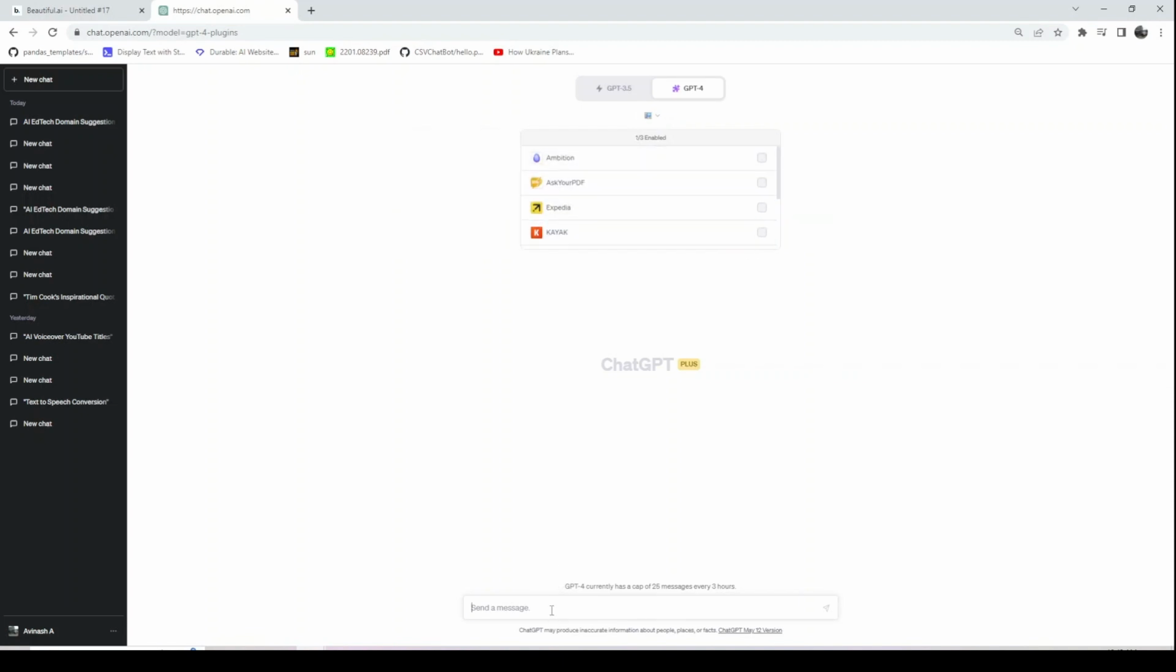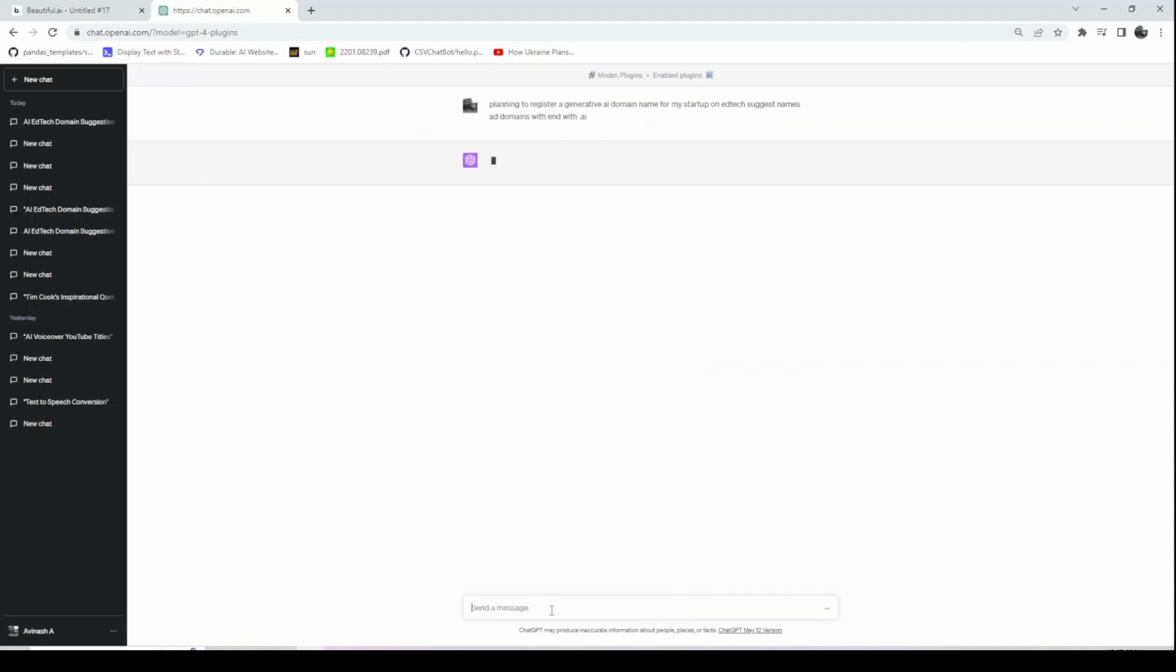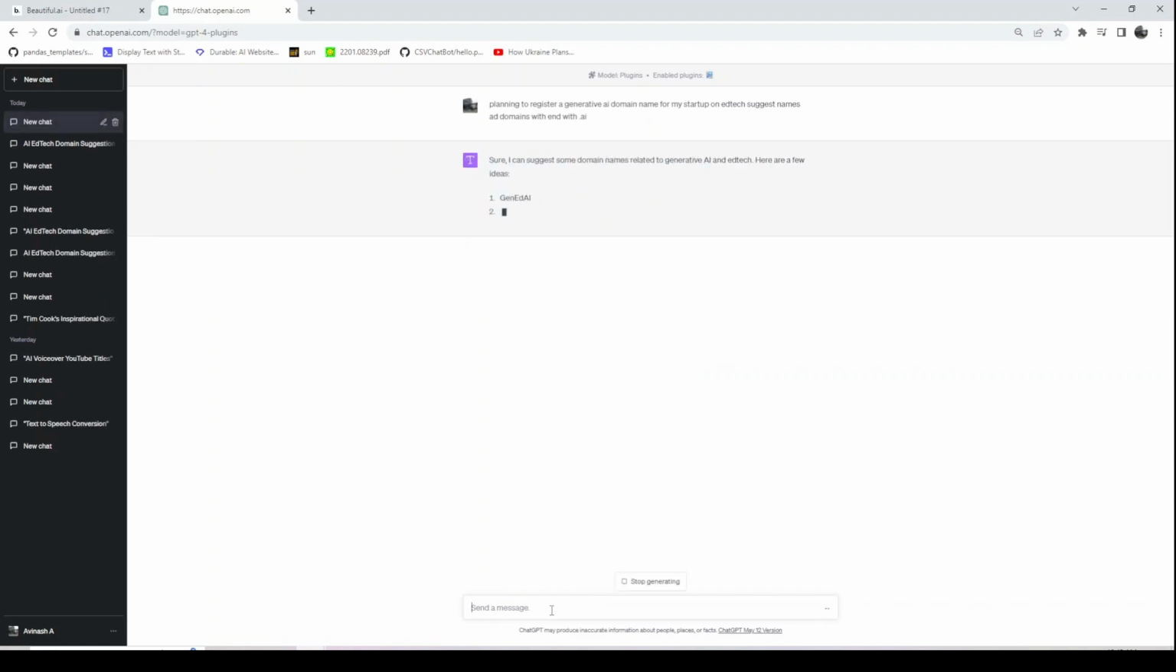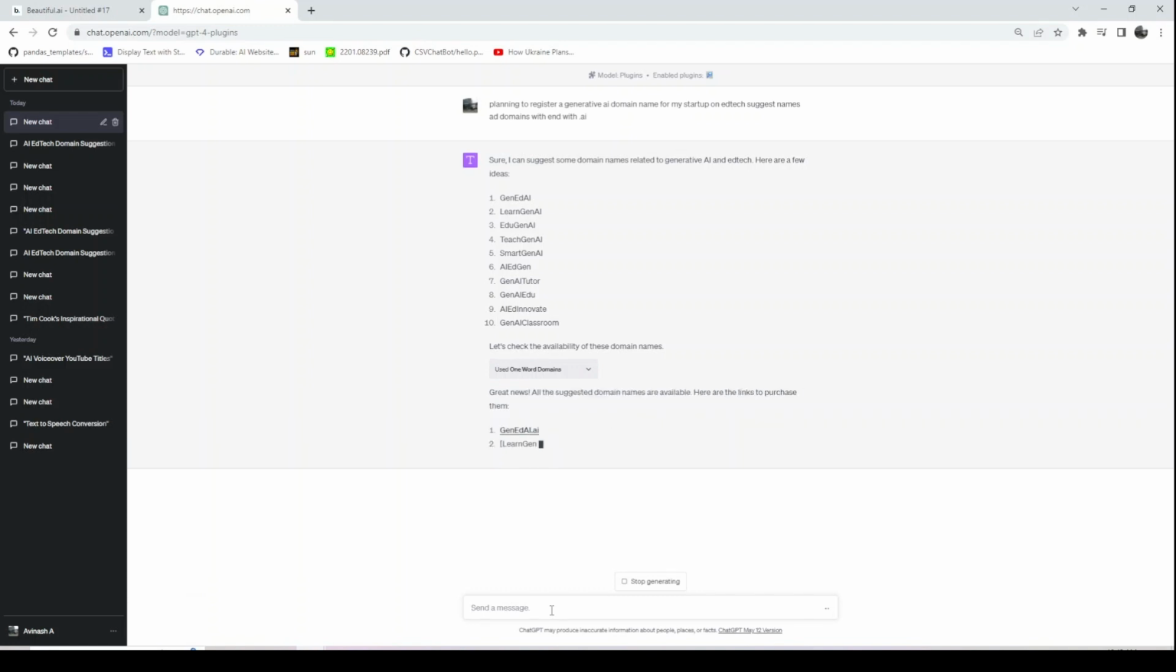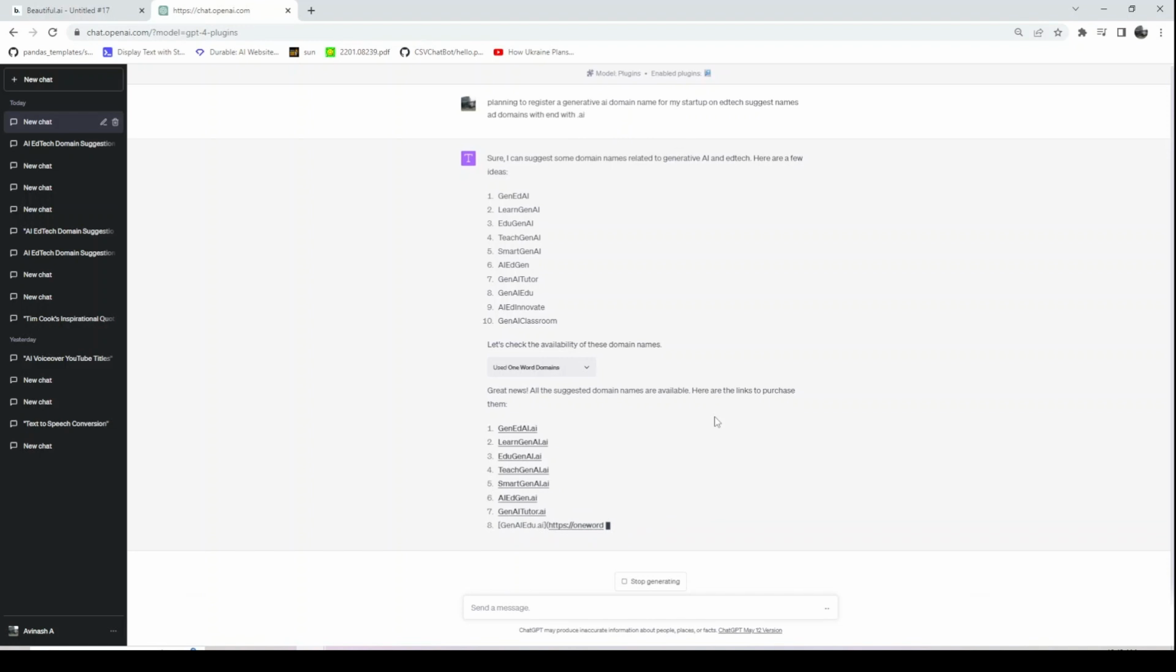If we enable One Word Domain plugin and retry the prompt we previously fed as input to ChatGPT, now we see after the first part the plugin enabled, and we see a "Using One Word Domain" with a toggle, and post-generating domain names we see hyperlinks for 10 generated names. If we click on any of the listed hyperlinks by One Word Domain ChatGPT plugin, it would redirect us to